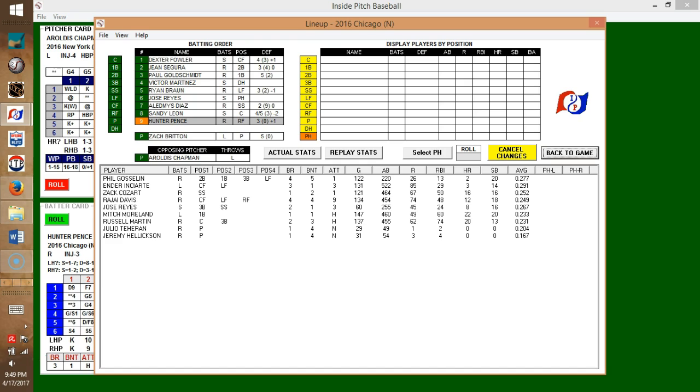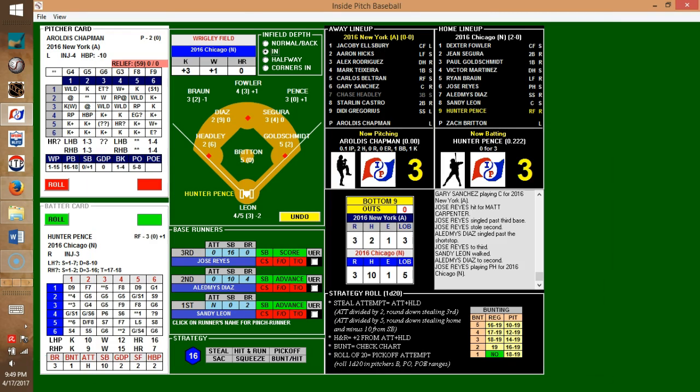What do we got here? Ciarte. Definitely don't want to bring in a lefty. Reyes is in the game. I think he is our best bet. Kozar wouldn't be bad either, but... Algazin. No, we're going to leave Hunter Pence. So, alright. And again, Chapman. He is red, though, now, so I'm going to, because...